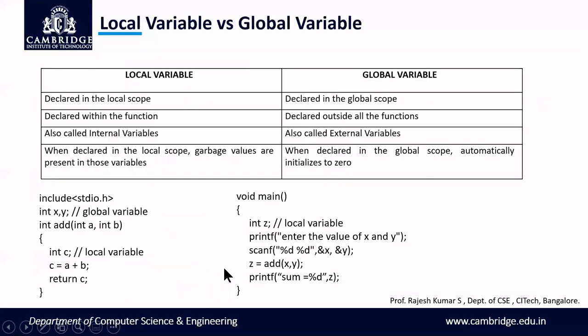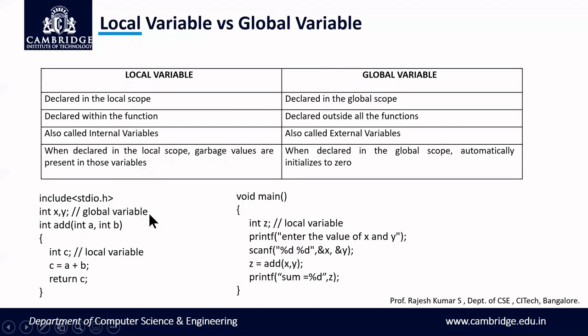Before going with the explanation of the storage class variables, let us see what is a local variable and what is a global variable. Here I've written a sample program to show the difference between a local variable and a global variable: declared in the local scope, declared in the global scope. Now, what is local scope? Local scope is nothing but inside the main program, inside the function. It's called local scope. Inside this function, whatever variable we declare is called a local variable.